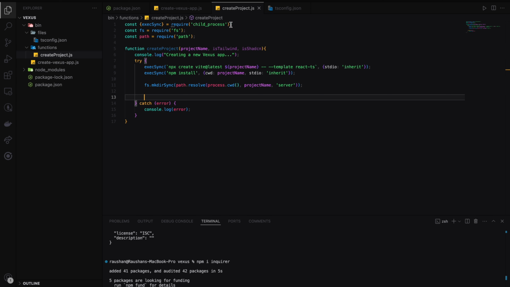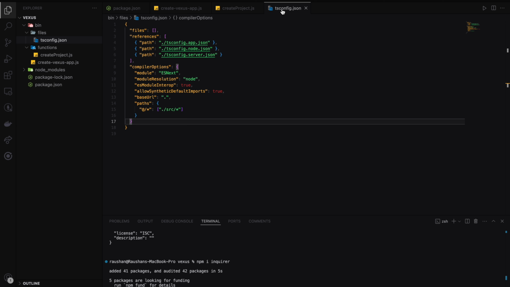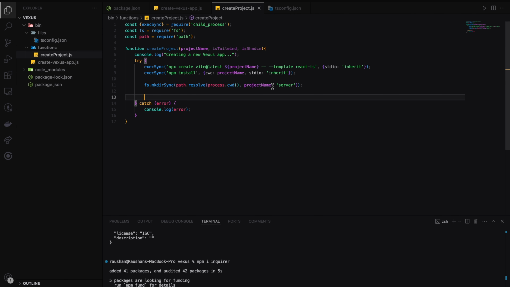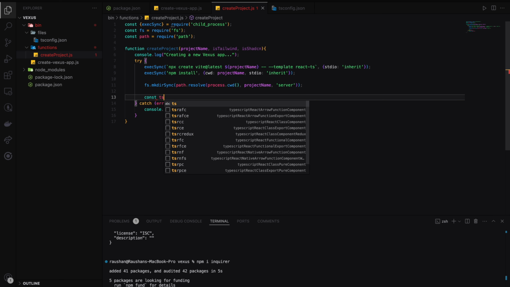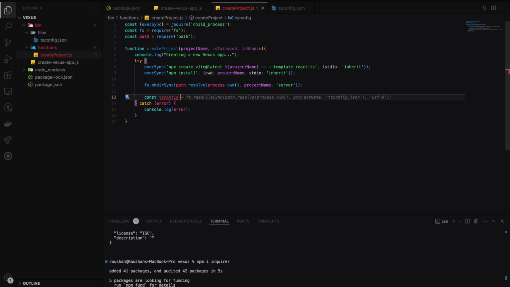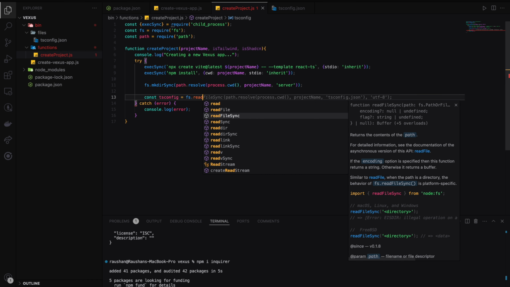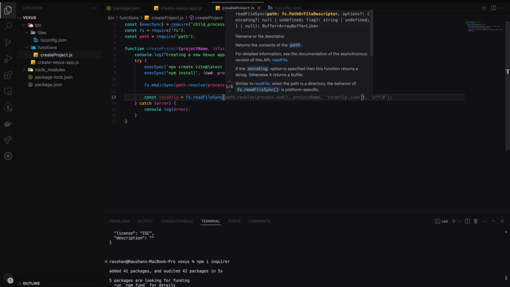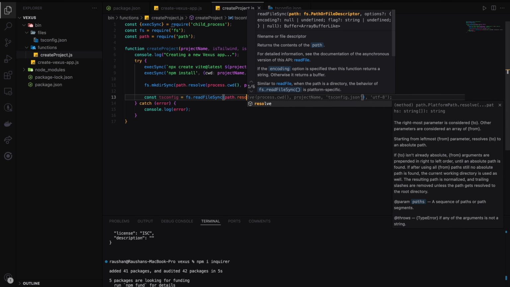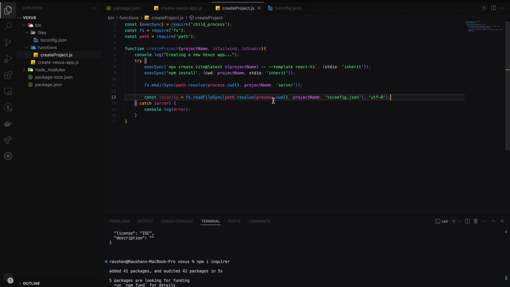Okay. So in createProject, we need to replace the original tsconfig.json with this tsconfig.json, whatever was present previously in the build. And for that, const, not the server part, tsconfig is equal to fs.readFileSync, then path.resolve. Okay, the same thing, path.resolve. Oh, okay, not the same thing, it's